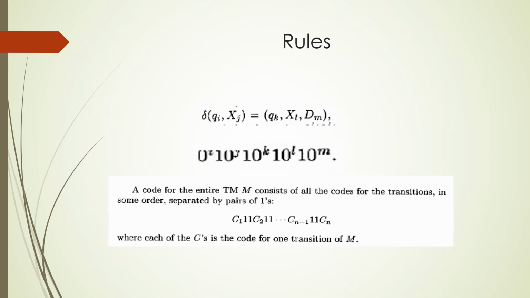on. Okay, let us just recall. A Turing machine is nothing but a collection of transition functions. To encode a Turing machine as a binary string, first of all we have to write the encoding for each transition function that is present in the Turing machine. After encoding each transition function, we'll write the transition functions one by one, and we'll have double 1 as the separator between each of the transition functions that we have encoded.